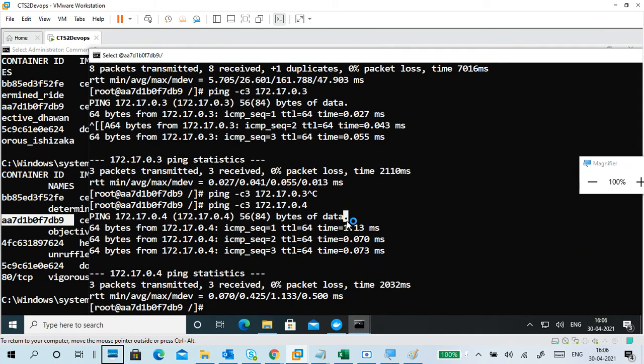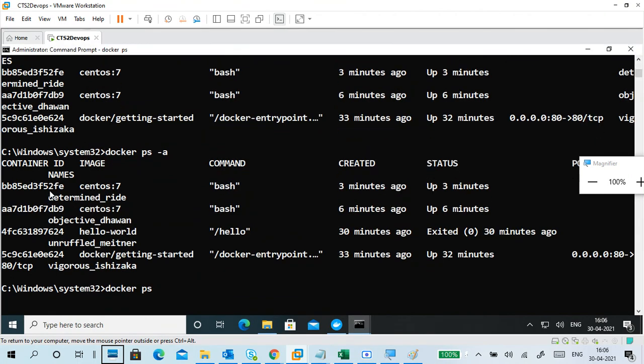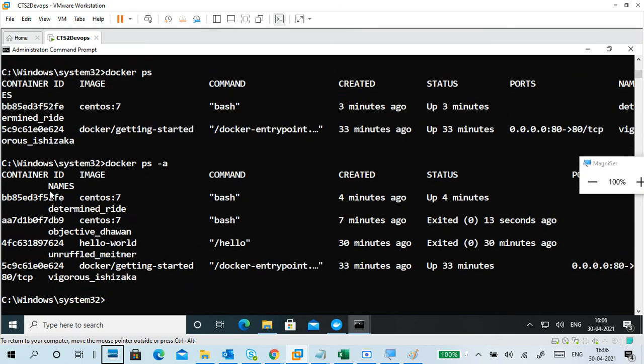Next, whenever you exit from here, I exit from one container. If you run ps, it shows only one, only the currently running one. That one is not running. So if you run ps -a, it shows both containers. Understand? A means all. Okay, like this. If you don't want this container, you can see the difference. Which one is running? This is running, this is not running.